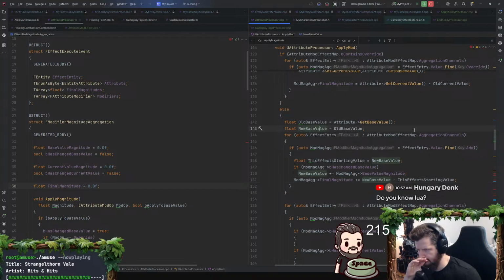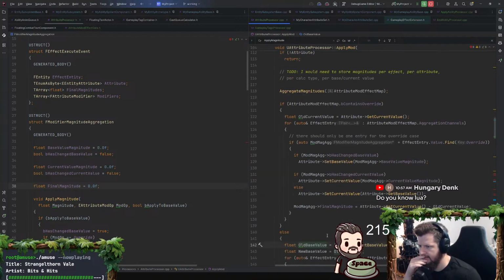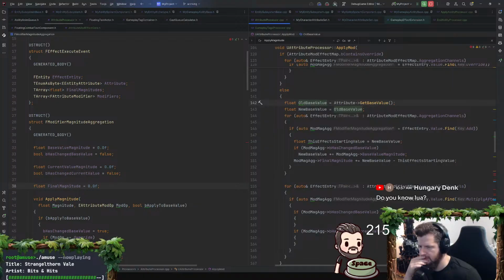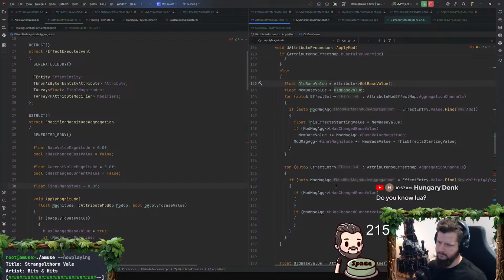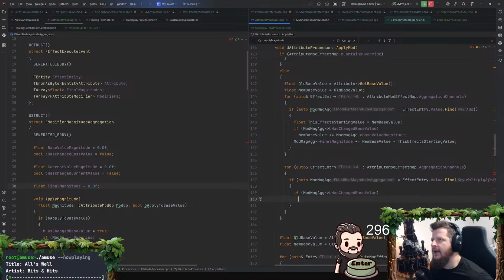Okay. Old base value, and that's like the original. So this will be used at the very, very end, I think. Okay. And then once we get here... And this is for base value.